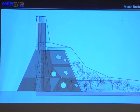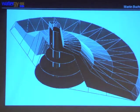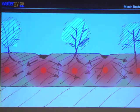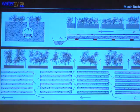And also, this is an older example, already thinking about the combination of a building within a greenhouse with a landscape, covered landscape, and a building inside which is just a shelter by a transparent foil or glass structure, and inside everything can be very simple. These are concepts for other heat exchangers, making the system cheaper, using the soil for storing the heat from day to night and vice versa, to make the thing cheaper, integrating kind of high-tech composting, solid state fermentation, not to produce only biomass, but also getting higher graded